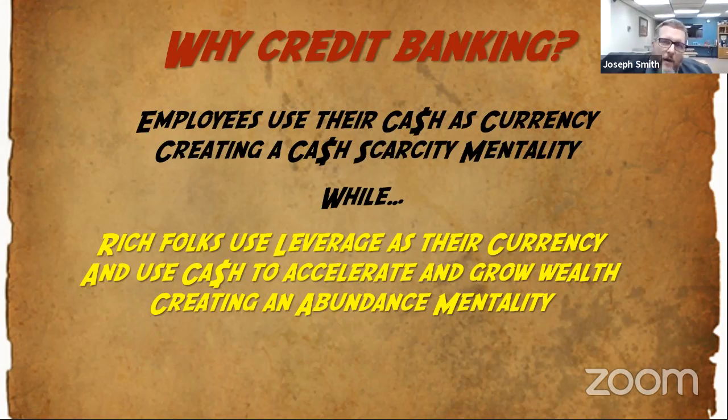Now, when we talk about credit banking, when it's described in words, it for most people goes like, I'm sorry, I don't get it. The point that I'm trying to make is that when you take your money and you spend it on your bills and your debt, then it's gone. And so now you have scarcity. Where did it go? We have to go make some more. And then you run into this situation where you run out of month before you run out of money. You're always robbing Peter to pay Paul. It's just scarcity. There's never enough.